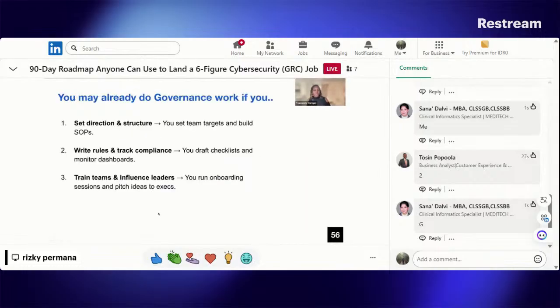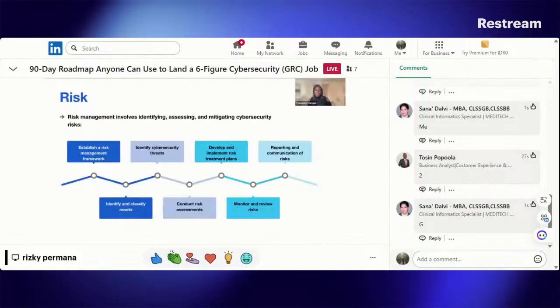Okay, let's see what you guys think about risk. So risk really involves identifying, analyzing, and managing cybersecurity risks. You have to understand the potential threats and vulnerabilities, be able to assess what those threats are, think of the potential impact, size the impact, and then implement the appropriate controls to reduce or accept the risk. The goal is that we want to make an informed decision on how we protect our systems, our data, or business operations.